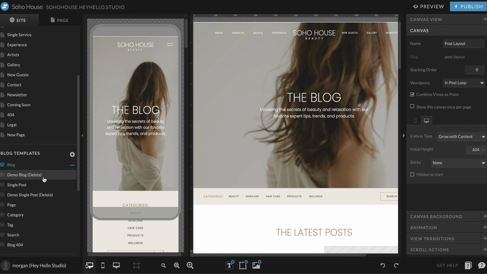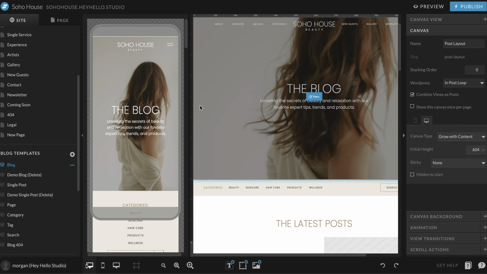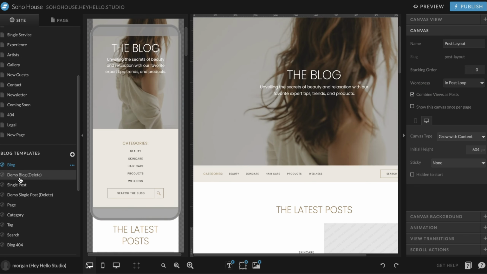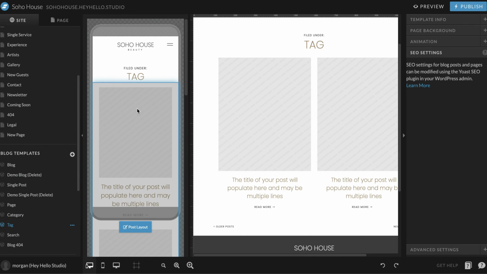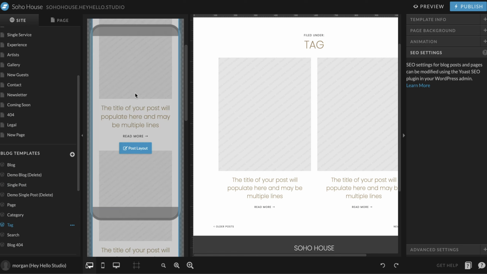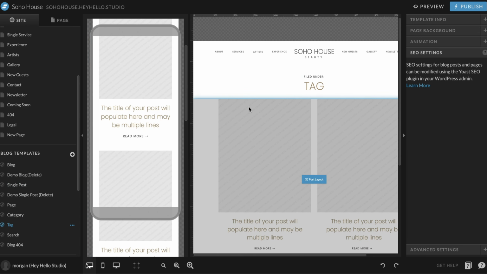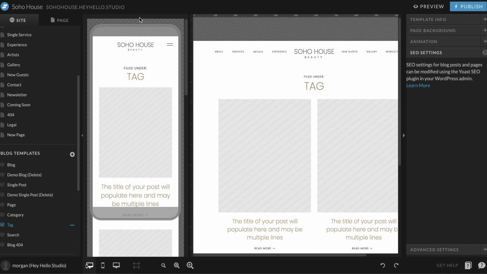So you've gone through and deleted your demo pages and you've customized and made any adjustments needed to the blog page, single post, category, and tag, and you've checked it on mobile to make sure that it's all looking good. You're ready to log into the back end of WordPress. In order to do that, you're going to go to your domain. So if your domain is Soho House, you're going to go to